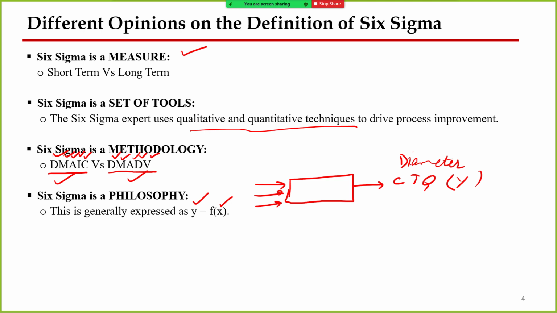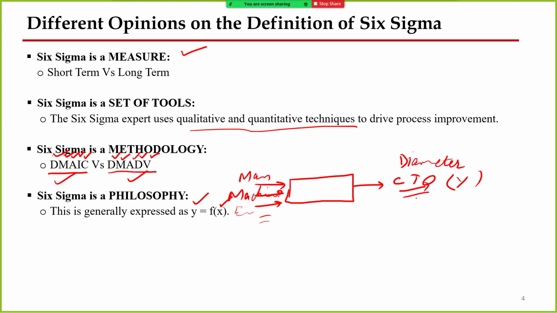Okay, so now we want to see what the causes are behind the fact that we are not able to meet the diameter as per the specification. Whether it is due to the man factor, it could be we didn't train him enough, or he's not qualified enough to produce that particular product. Could be other causes. Similarly, the cause could be related to the machine. Maybe the speed is too high, maybe the tools are not properly fit. Similarly, we may have causes with respect to mother nature, or you can say the environmental perspective. So multiple factors could be the causes behind it that we wouldn't be able to meet